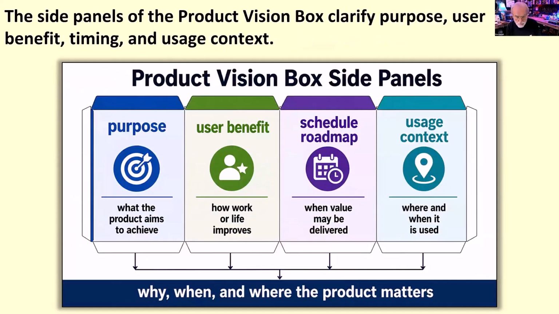The product box side panels clarify the purpose, the user benefit, timing, and the usage context. So we complete the box. We've got the top and the bottom and both sides, so we have four side panels. And we need to think beyond just the features alone. We can have interesting features, but still lack a clear purpose, a clear user benefit, or delivery path or usage context. So the four panels help us explain what the product is trying to accomplish,